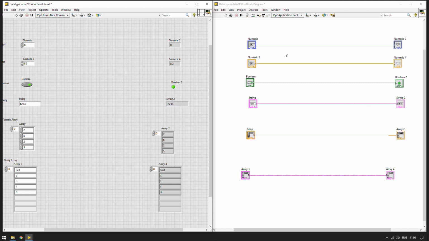One more very important thing that we can see here is that we can connect only similar kinds of data types to each other, like inputs of a similar data type can be connected to outputs of a similar data type. So let us see, can we connect a numeric integer to a numeric float value?